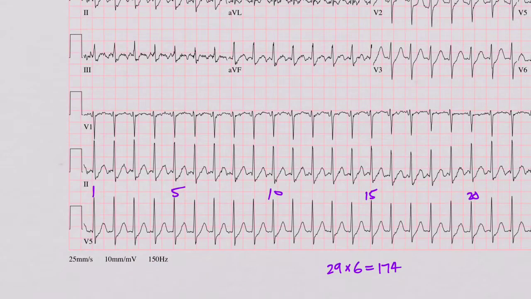Is there a P for a QRS and a QRS for a P? It's really hard actually to see any P's. I don't see very many P's anywhere in here. I don't think those are P's; I think that's just kind of a wavy baseline. And the reason I don't think it's a P is because a rate of 174 is pretty darn fast, and